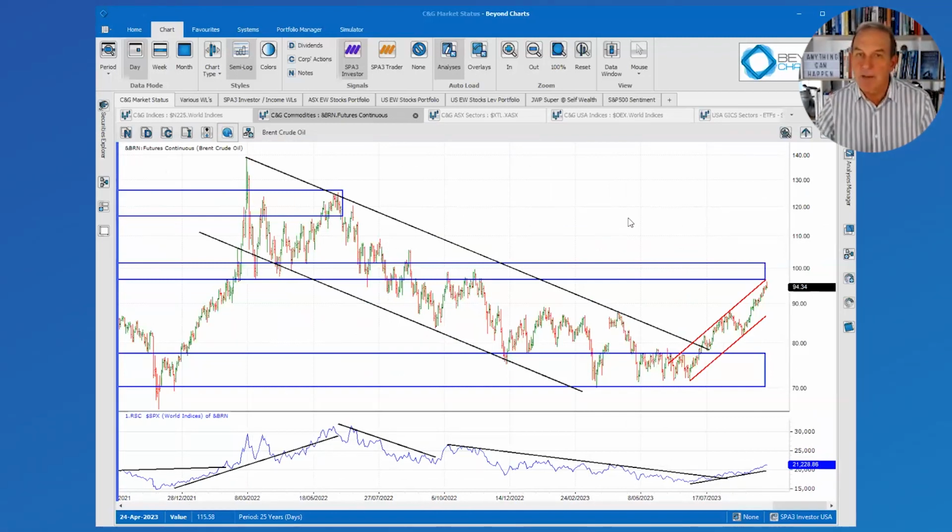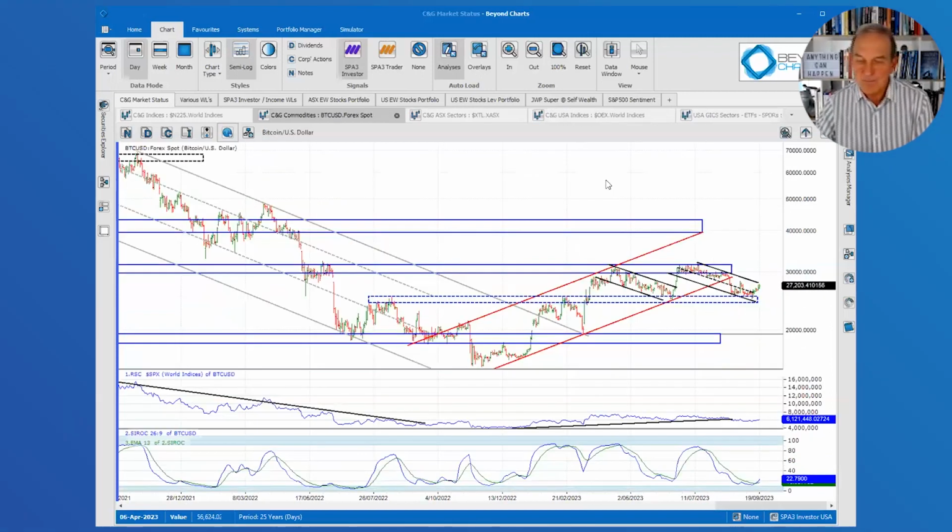Copper is really the main cause of the CRB index rising, and this channel line continues. The channel continues up over here and looks like it might break out the upper end of this channel, which would really change the gradient of the channel. You can see it starting over here, that if it breaks out the top side and the gradient does become more acute, that bull market is stronger and has more momentum.